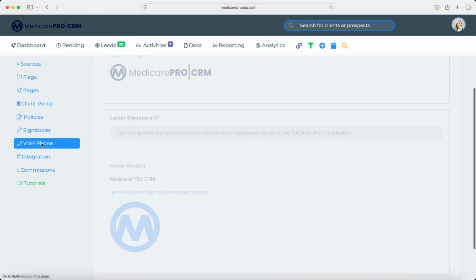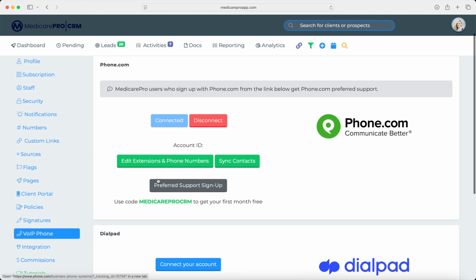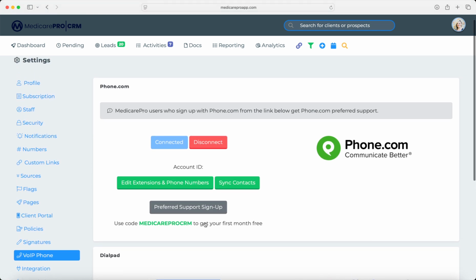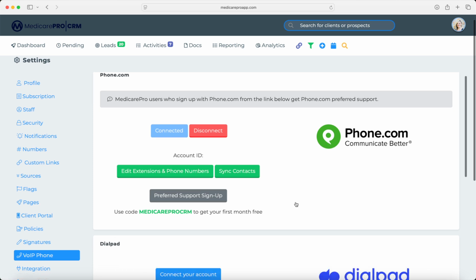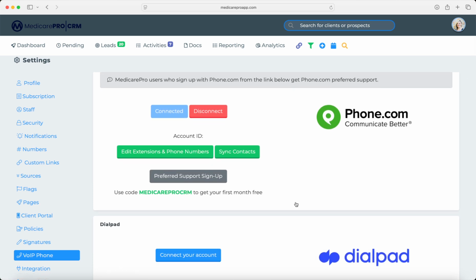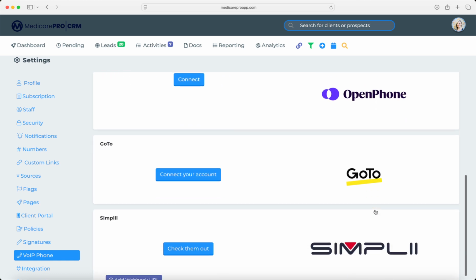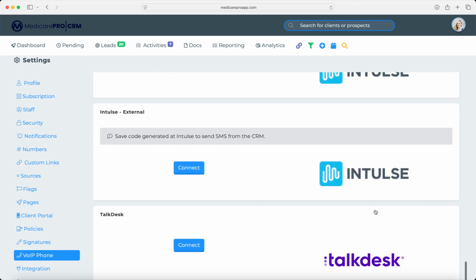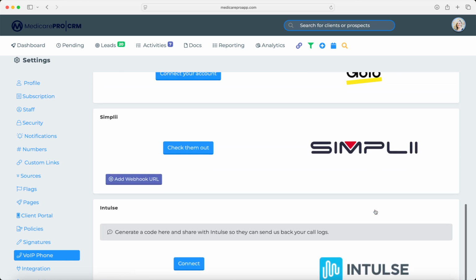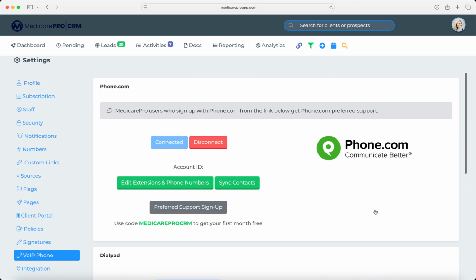Okay, so VoIP phones. There are usually a lot of questions revolving around the VoIP phone. This section shows you all of the different voice over IP phones that we integrate with. As you can see, there's quite a lengthy list here. If you're not currently using a VoIP phone, you can go through this list and choose one that fits the needs of your business, set that up and integrate it within